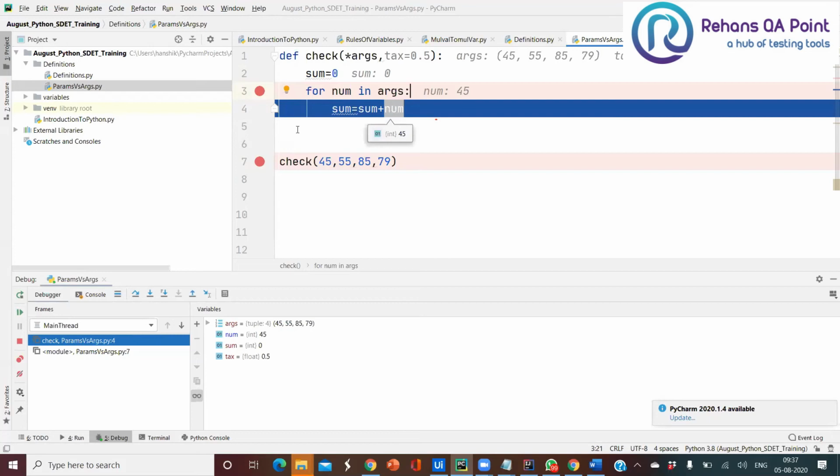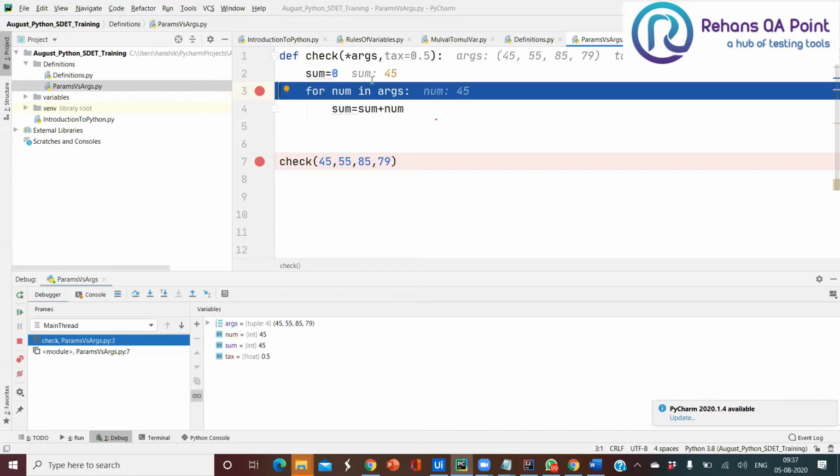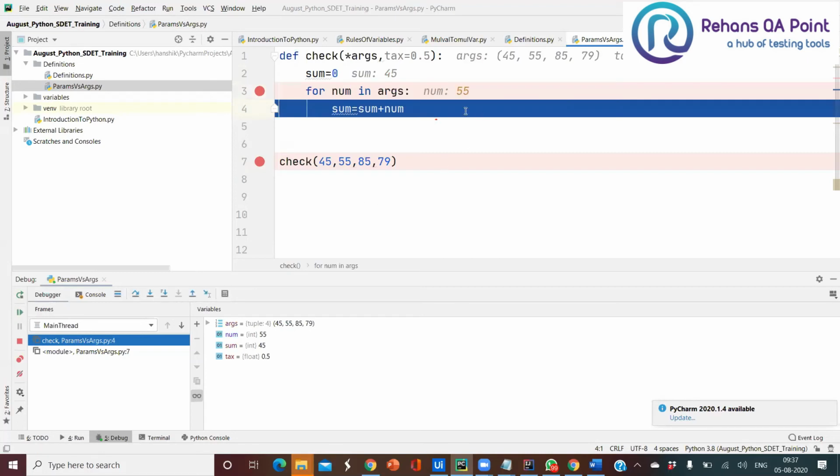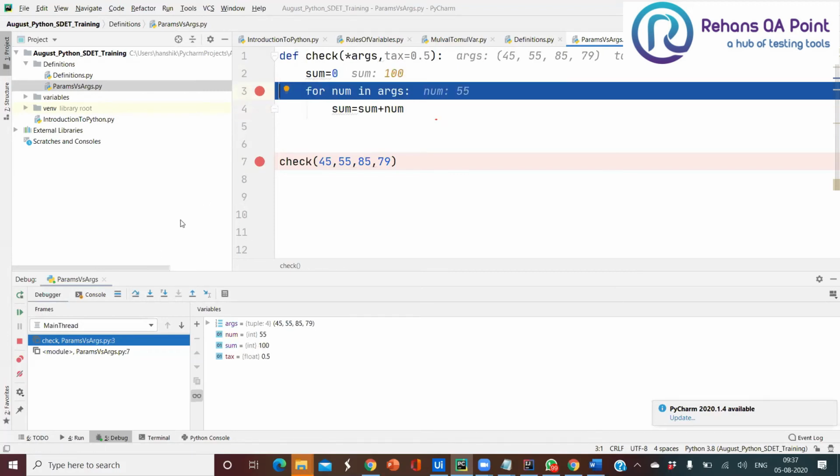So 0 plus 45 is kept in memory and stored back into the sum. See, the sum becomes 45. Now the number is 55. I already have 45, and I got 55 now. So 45 plus 55 is 100. Like this it will keep running.